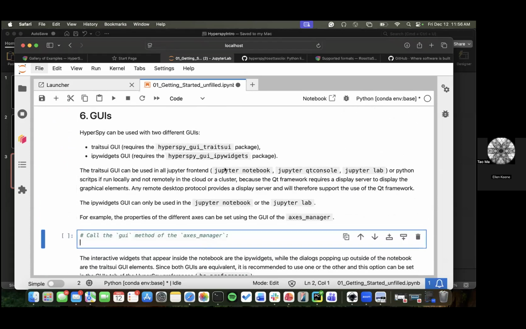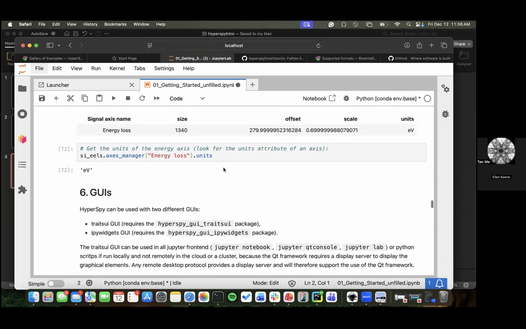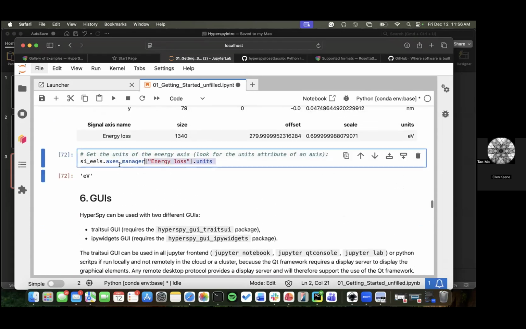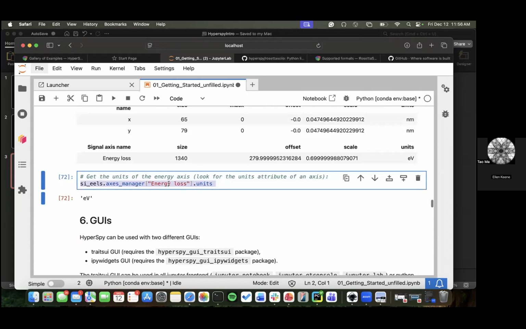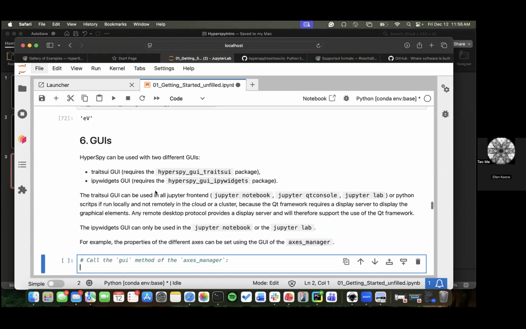Okay, so this would be the question of whether or not I've broken this on my development. What you can do is also use these GUIs. The way HyperSpy was designed was with the idea that a lot of people were going to be coming from using things like Digital Micrograph or other GUI-type software, and some of these programming things are kind of tedious to do sometimes. And so what they wanted to do is create this